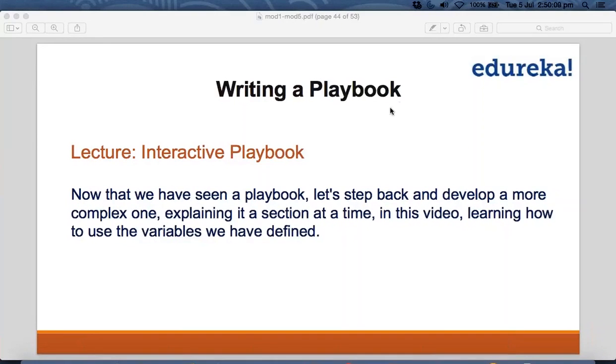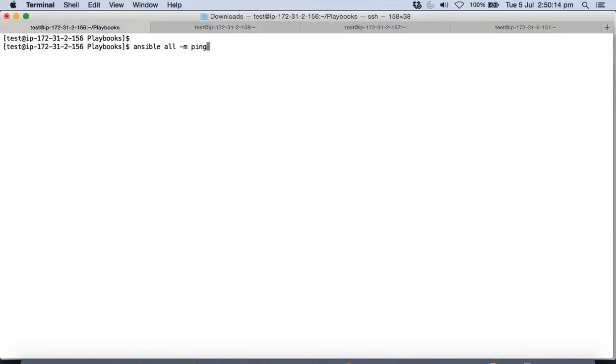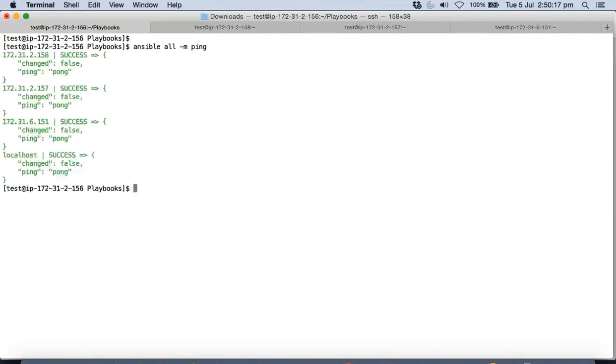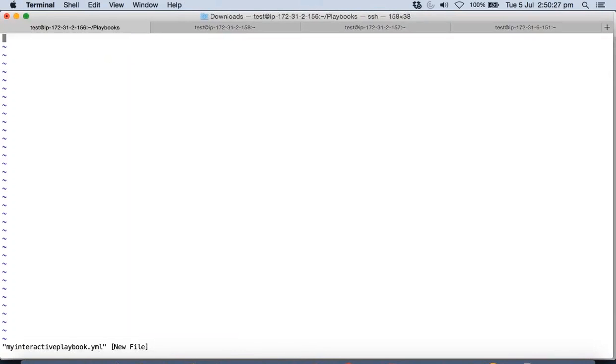Okay, so we are going to start with writing the interactive playbook. So let's go to my machine here and check whether Ansible is intact. Yes, it's intact with all the machines. I just write my interactive playbook.yml. We are going to start with the same thing as we did with other playbooks. This is my interactive playbook,